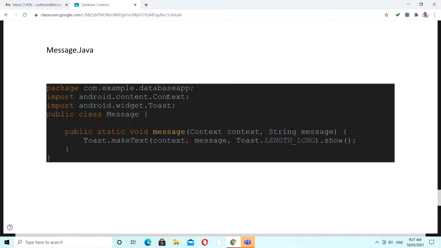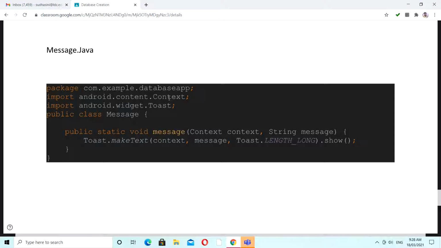Probably, in normal English communication, we will speak about in what context you are speaking, either in a polite way or maybe in a rude way. The context means the exact situation of your environment. The same way here, this Context is nothing but it's going to give you the present activity situation. So for example, within your application we can have different activities, so in which activity what is happening, and whether I want to pass any information to another activity.